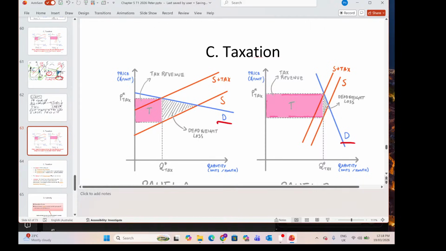And governments, when they're choosing what goods to tax, will be looking for goods like these goods. Right? They will be looking for goods that tend to have inelastic demands. However, the elasticity of supply will still influence the size of the dead weight loss. So both the elasticity of demand and elasticity of supply influence the dead weight loss, because if we think about elasticity generally, both for demand and supply,